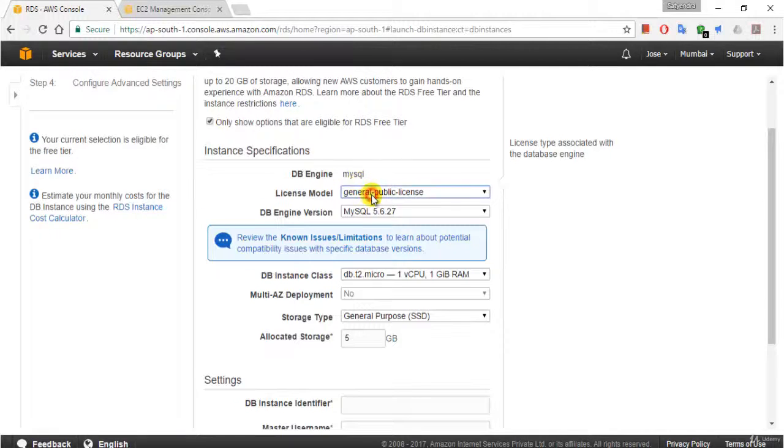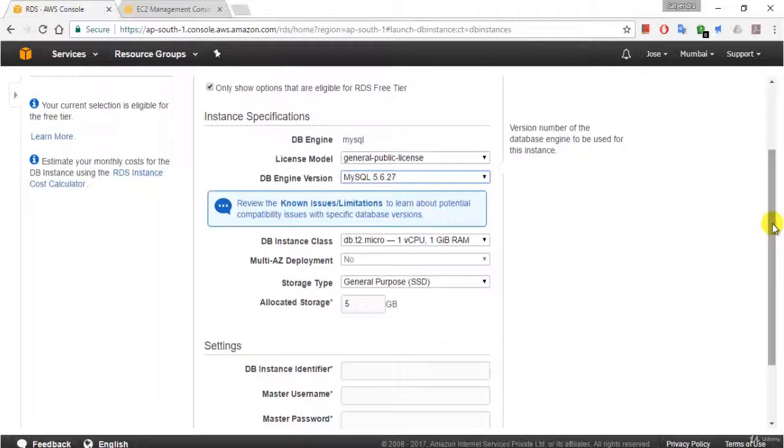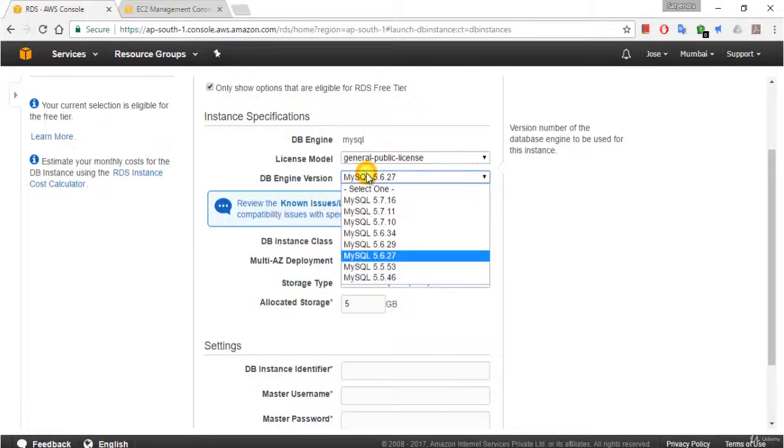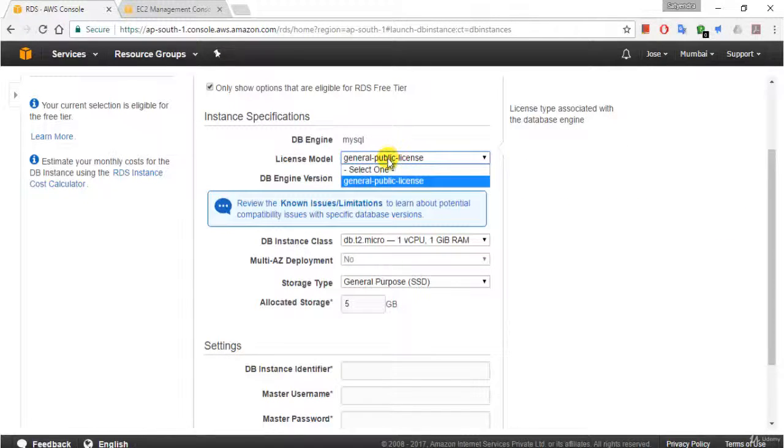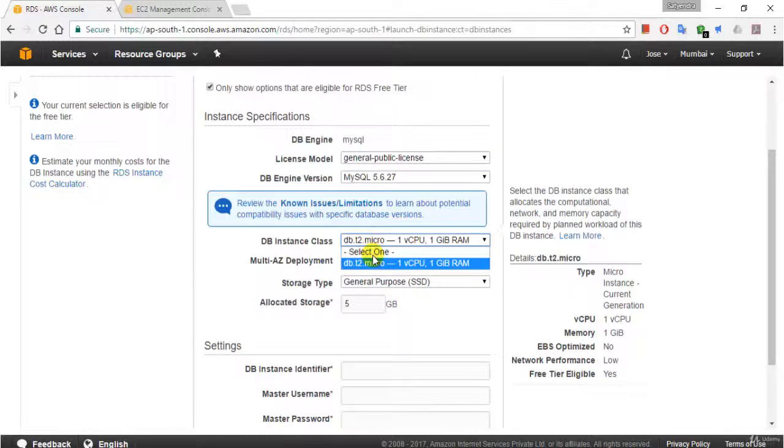For the license model, we can select general public license. In some of the databases like Oracle and Microsoft SQL, we can bring our own licenses. That option is also there, but here we have only this one option, that is general public license. Okay, so DB instance. This is the free tier one,